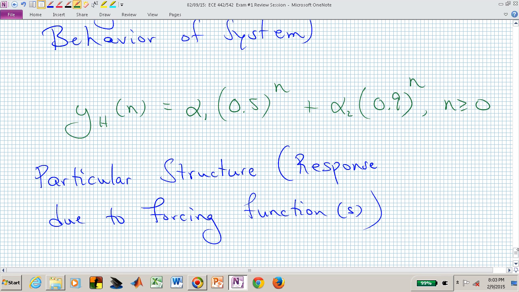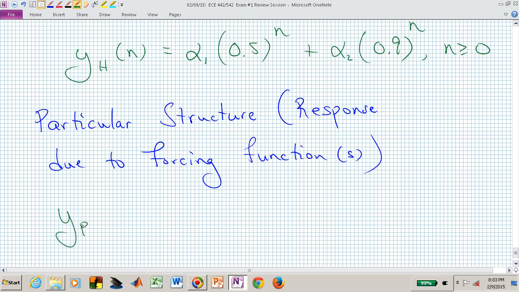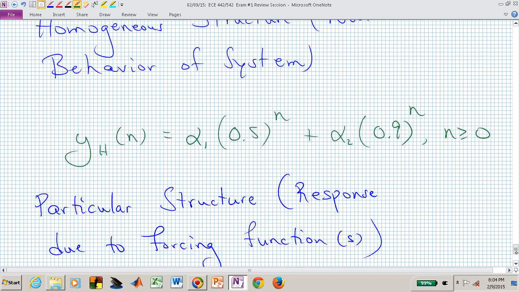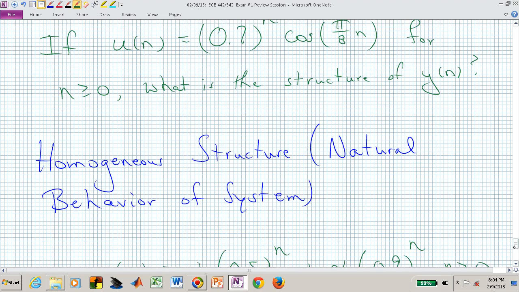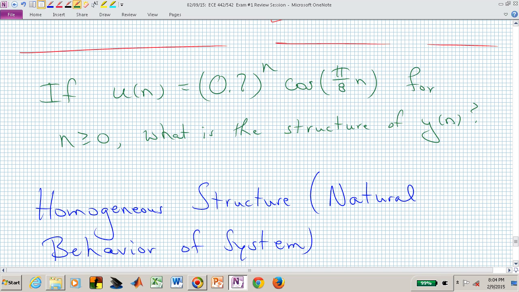What's the structure of the particular solution, y sub p of n, given this input? Now what am I doing? I'm going up to this system and I'm shaking it. How am I shaking it? Based on that u. So my shaking is